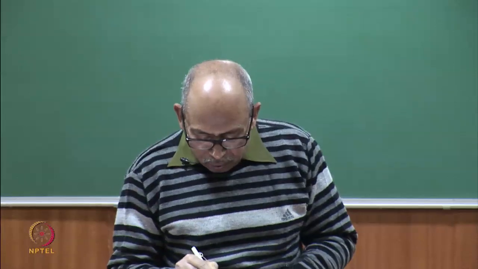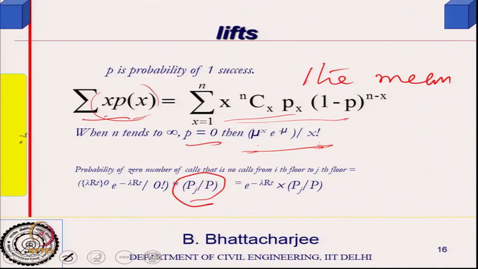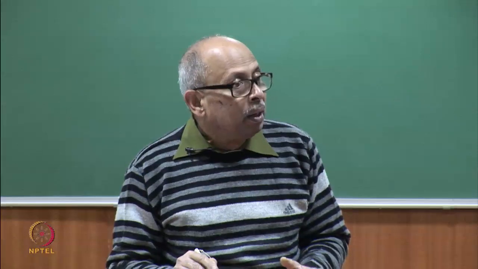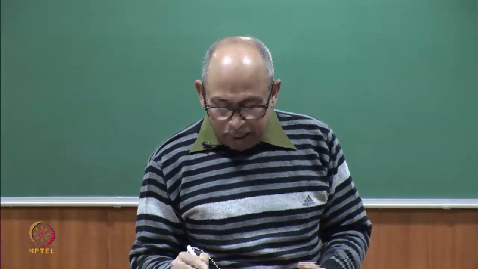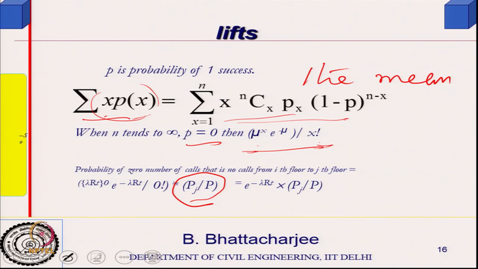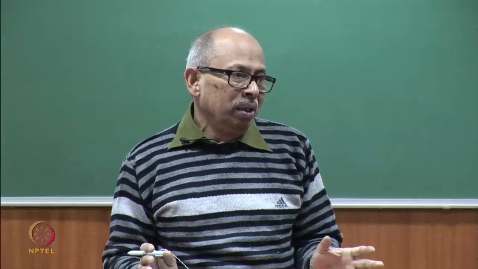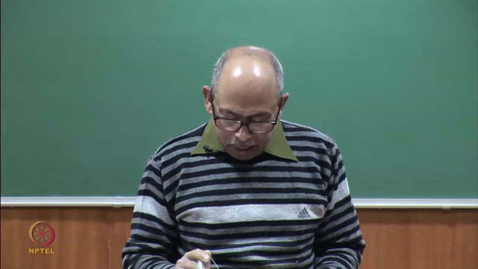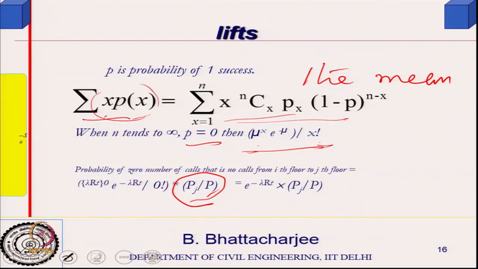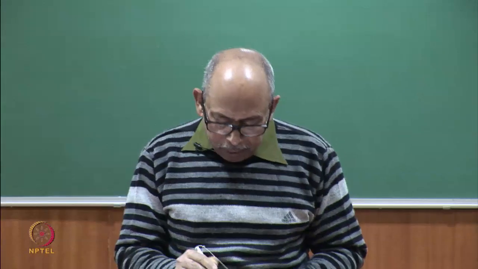Probability of a call from the jth floor would be Pj by P, where capital P is the population, the summation over all floors. So let us say it is the total population, which I am calling P. Now, the probability of 0 calls from that floor: